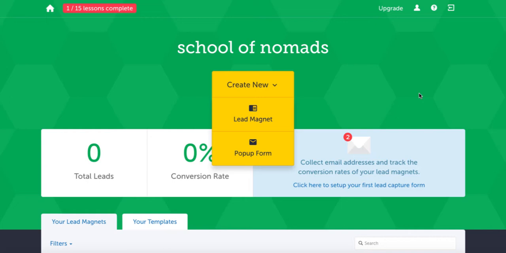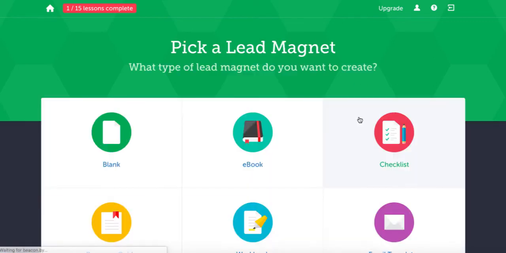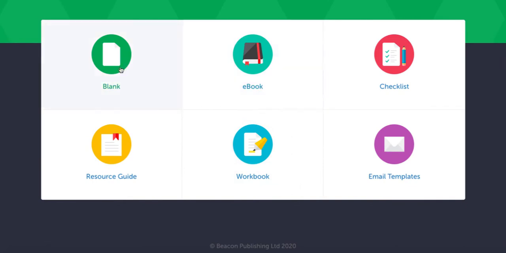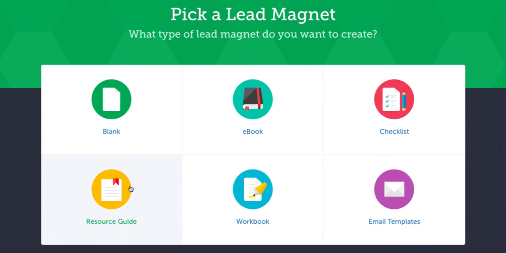But it is really neat the way that they're embedding some of these lead capture forms into the content, including locking parts of the content, and people have to provide their email addresses. So that's really powerful. So I'm going to come over to lead magnet, and then there's various types of lead magnet you can create. A blank one, ebooks, checklists, email templates, workbook, resource guide. Once you pay for the paid version, you've also got one that is based on video,